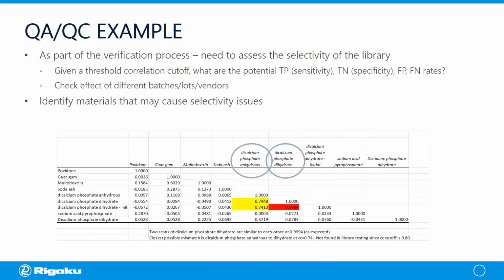And one way we can do that is shown in this example, where we can build different analysis techniques to check for the selectivity and specificity of a material. So this would be part of the analytical method validation, and this is covered by publications from USP, FDA, ICH,